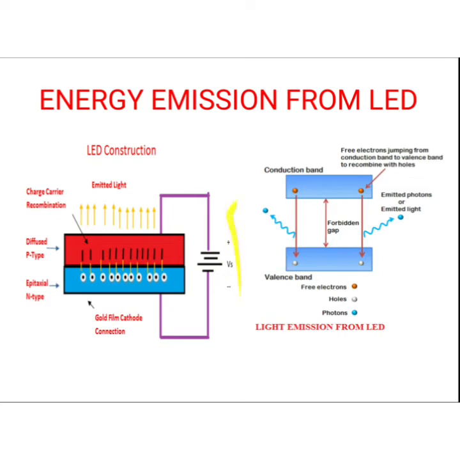This diagram shows clearly how the energy is released. The brown ones are the electrons of the conduction band, which have high energy, combining with holes at the valence band, which have low energy. Once high energy comes to low energy, energy is released in the form of a photon. Photon means light; we know that light particles are called photons. The energy level difference is released in the form of a photon, equal to the energy difference from the conduction band to the valence band. This way light emission occurs in LED.